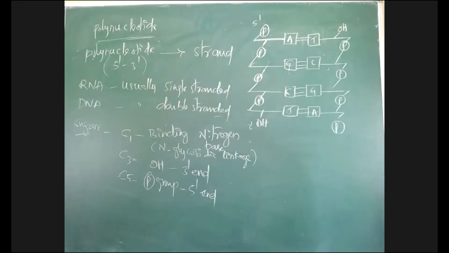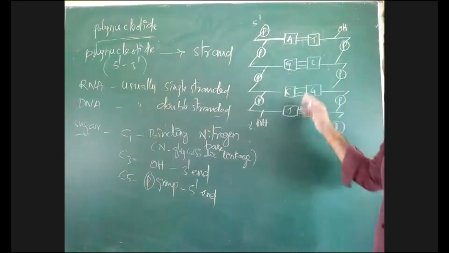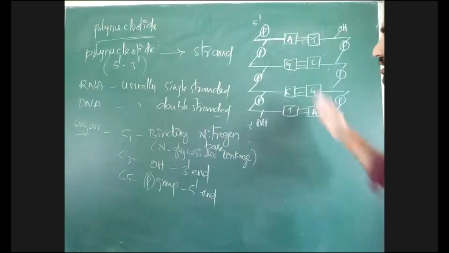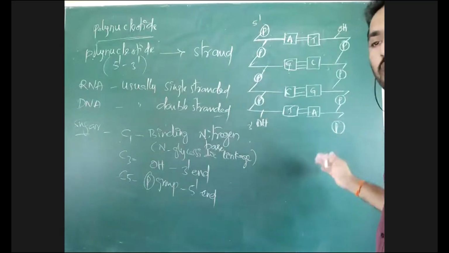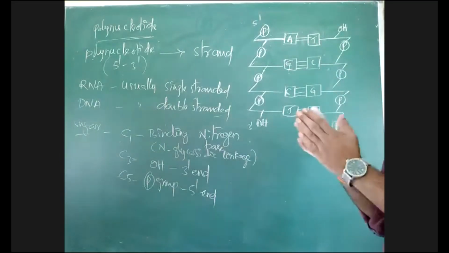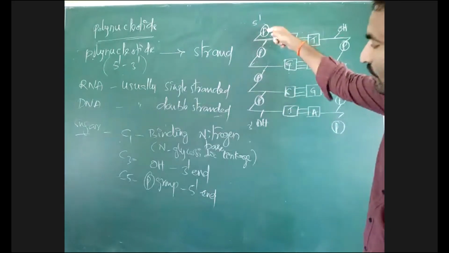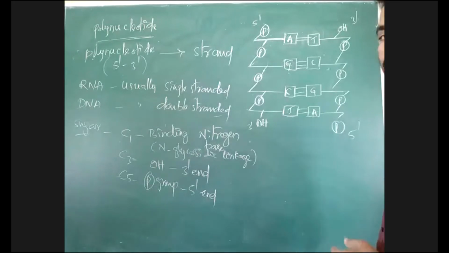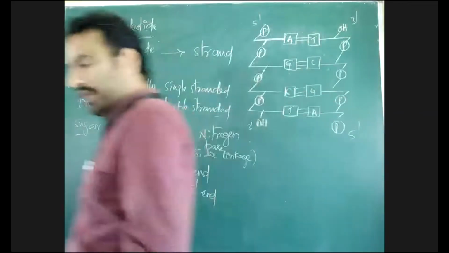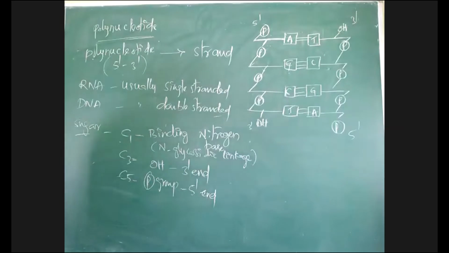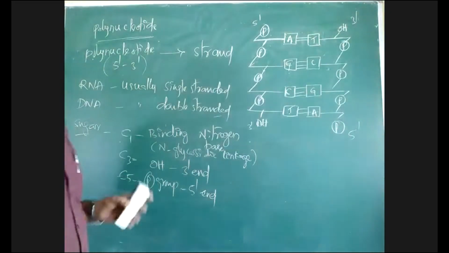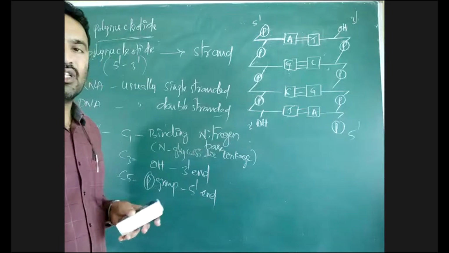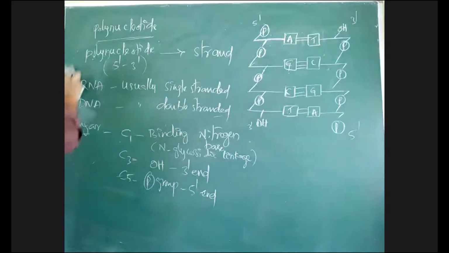Okay, like this there is formation of double strand. This is one strand, this is another strand. This is one polynucleotide, this is another polynucleotide. 2 polynucleotides are joined. One strand is in 5' to 3' direction, another strand is in 3' to 5' direction. This is explained in Watson and Crick's double helical structure of DNA. There we will see that. Okay, like this, polynucleotide chains are arranged. This polynucleotide chain is forming DNA or RNA.